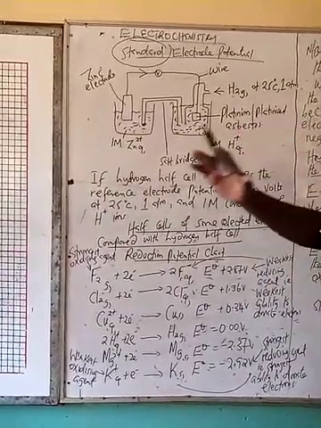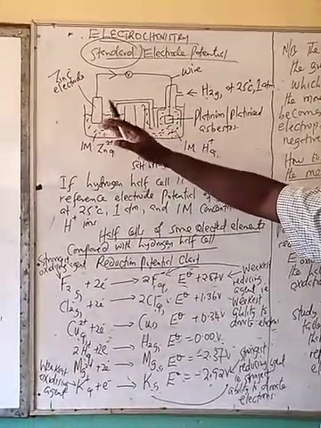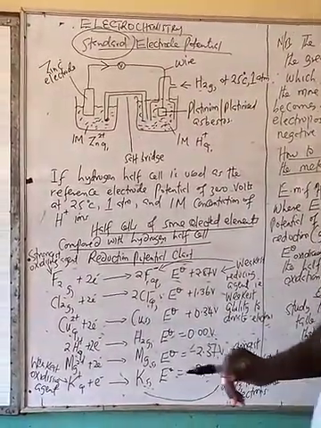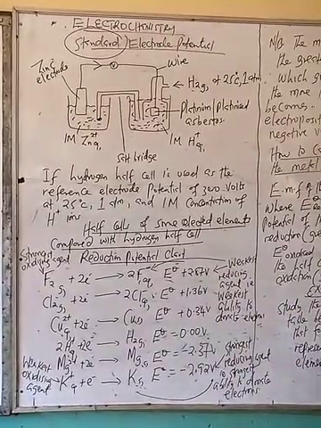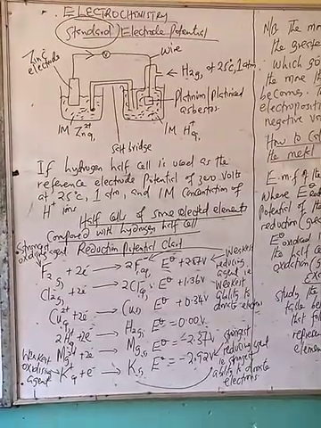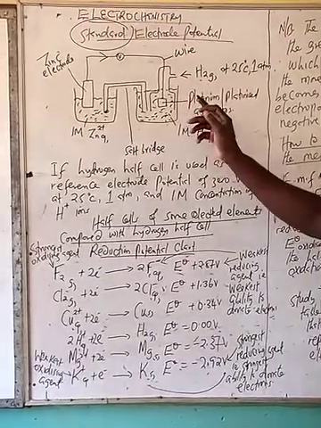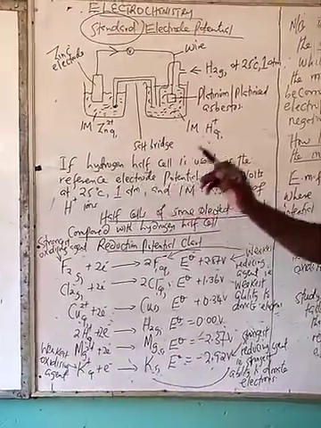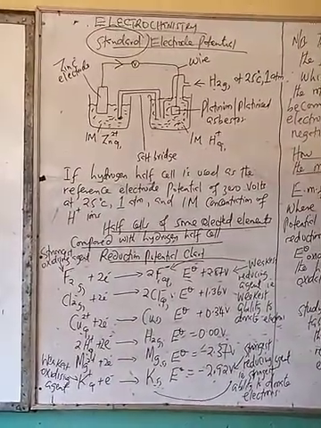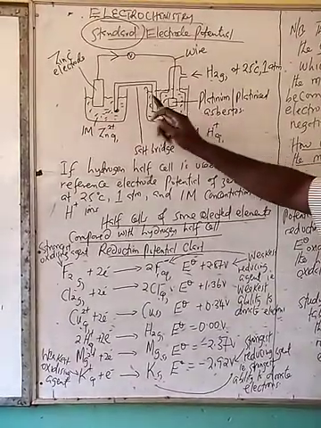So other elements' electrode potentials were being found compared with hydrogen. So if you draw the cell diagram for hydrogen as the reference electrode compared with other elements, then hydrogen is a gas. You will not use the electrode of hydrogen, but you are going to use a wood the way it has been drawn.